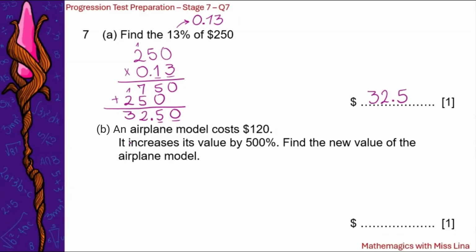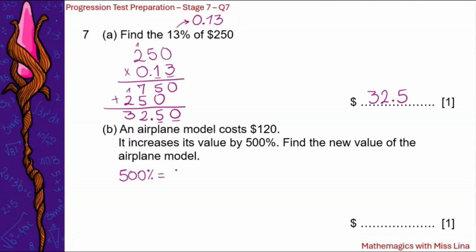And now it says that an airplane model costs 120. It increases its value by 500%. Find the new value of the airplane model. We could do the same thing. This one is even easier because